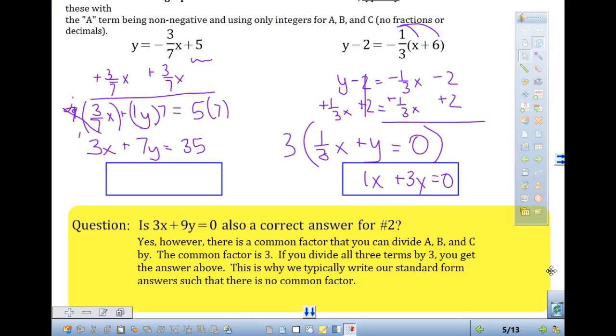So instead of keeping it as 3x plus 9y, I probably would not mark that wrong. But if you are looking at that, the better answer is the 1x plus 3y equals 0. Okay? And again, I don't need you to have all of this written down. Is this also correct? Yes. But usually we want it simplified. So if you see a common factor to all 3 coefficients of your variables, the 2 coefficients and then the constant, you want to divide those up. Okay? So,